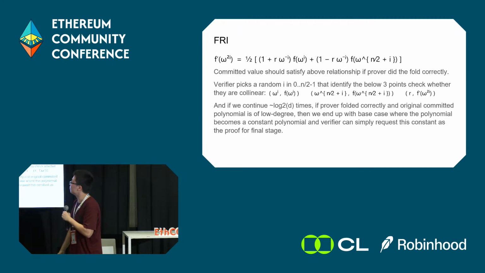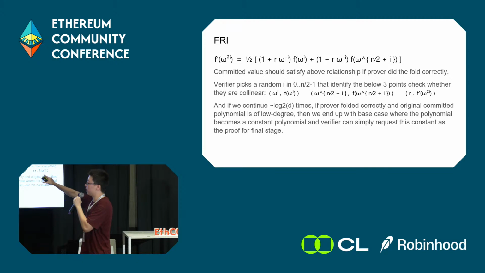But okay. So then this is a relationship that we want to prove. And then how do we check that? Check it by picking a random i in this range 0 to n/2 minus 1 that identifies 3 points, which is these 3 points. And then this is basically just a random checking, right? This is very commonly used in any polynomial relationship checking,